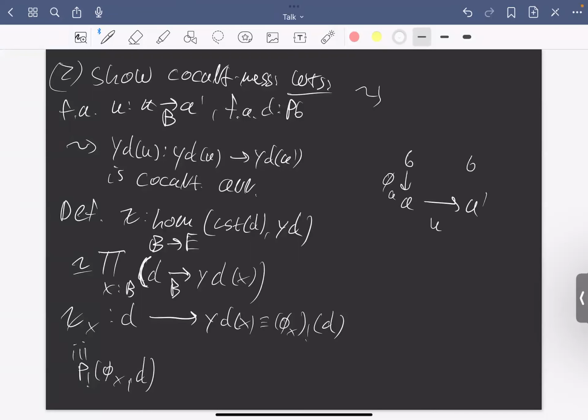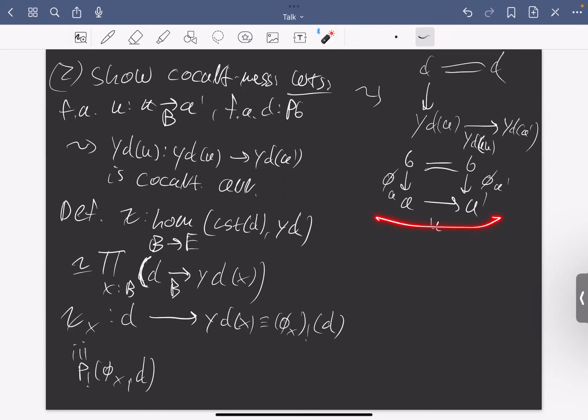So if we look at this square in the base here, it turns out that above we get a naturality square connecting the constant map with the action of YD on U over the given U here,